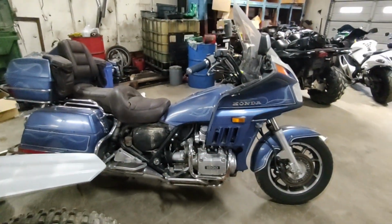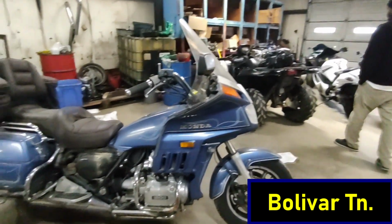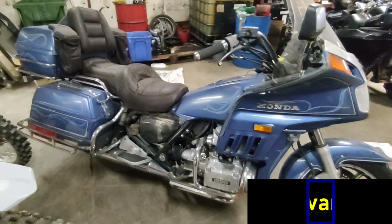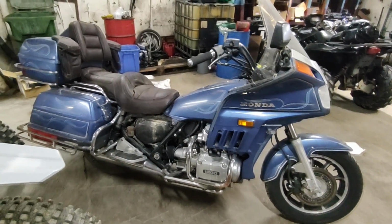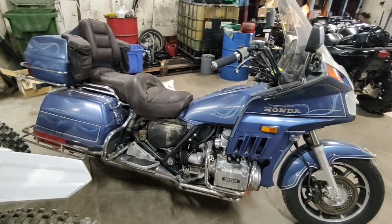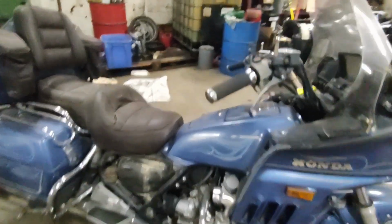So just picked up a Honda Gold Wing at this motorcycle shop. They had it on the old marketplace. Sorry about the noise, the compressor's on. They said the customer brought it in for repairs, and they gave him the bill, and he didn't want to fix it. But they said they really just looked it over, said it needed the carburetors cleaned and a new battery. Looked like it's been sitting up